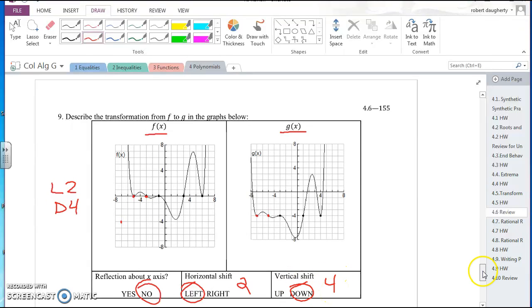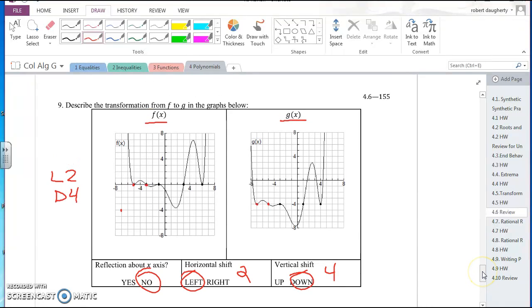So that's all you need to do for this, is to identify what translation happened. And the key there is to pick a point that you can easily identify in both graphs. So you could have looked at these 2 points here, and you would see the same thing in the graph. So if I look over here, this point went to 1, -4, it went to here. So that went left 2 and down,